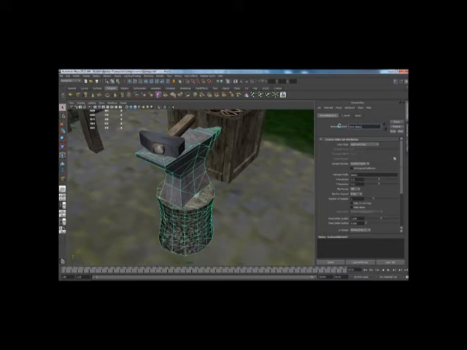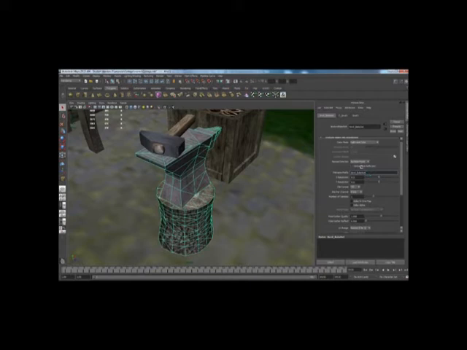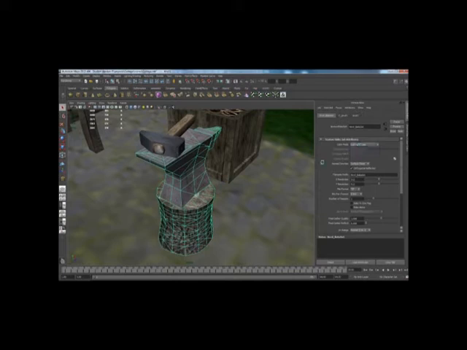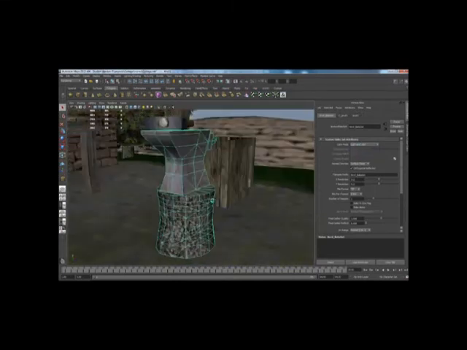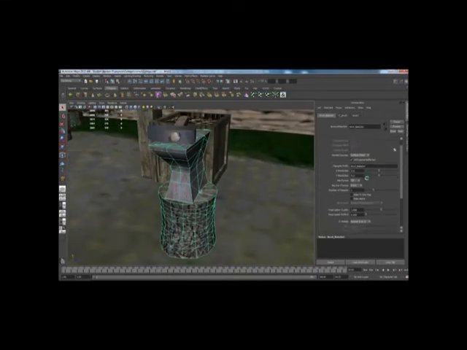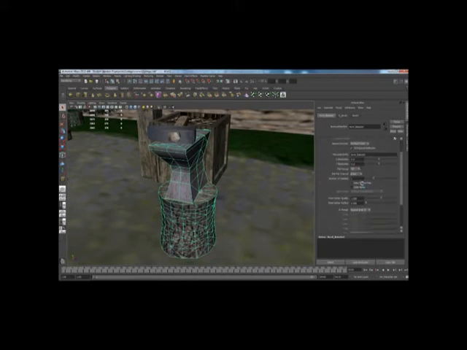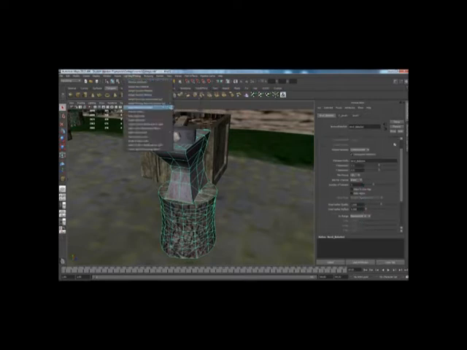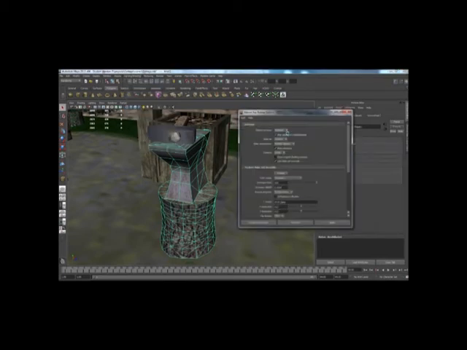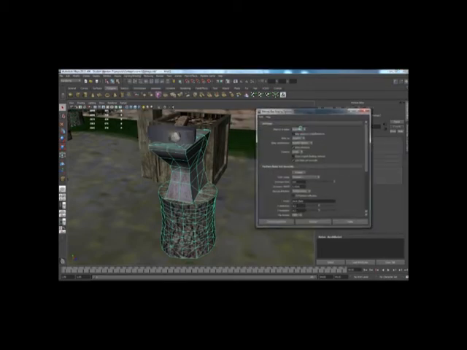Right, let's rename this to anvil_bake set. And we'll try and keep good naming conventions throughout, so I'll paste this here and get rid of that. Turn on orthogonal reflection, and we will keep this as light and colour, just because there's already a pre-existing texture on here, so it makes it much easier. We can bake to alpha or to one map if we want to combine them as well, but we won't do that for now. Right, if we go to lighting and shading, batch bake mental ray, click the small box,